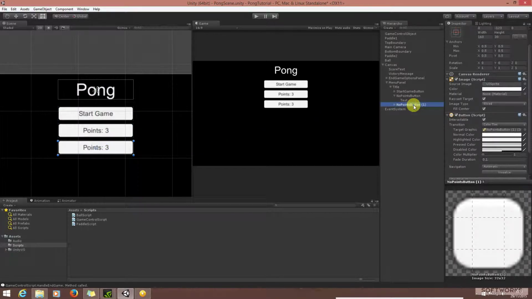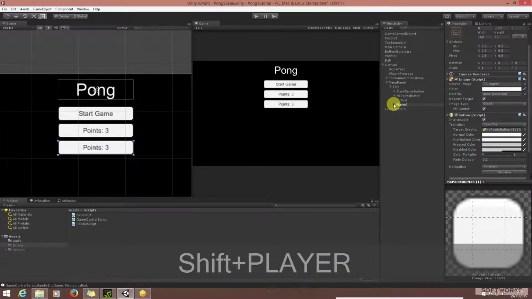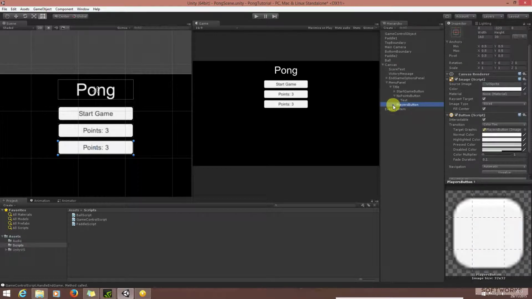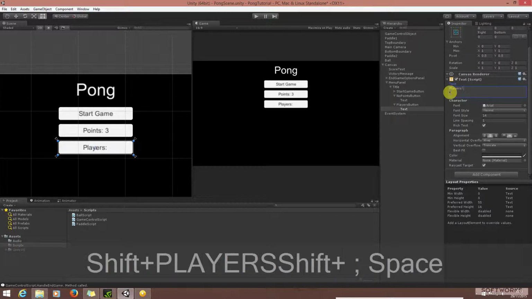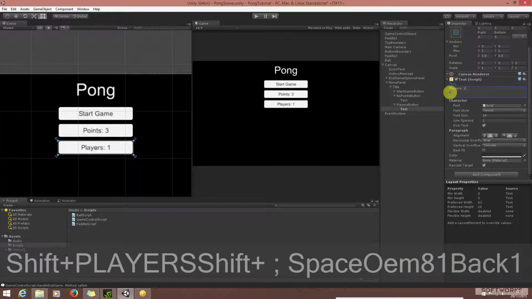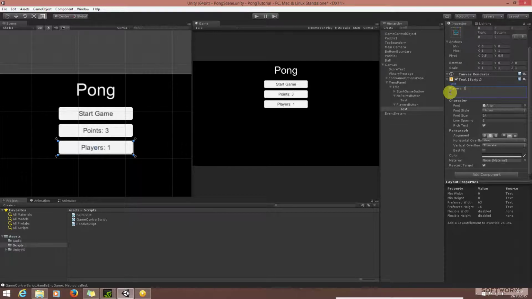And we will say players button, and I think it'll default. We could set this if we wanted, but I think it's just going to default to 1 to start off with. It's going to be 1 human player versus the AI. So we'll set it to players 1 to begin, and let's make the last button